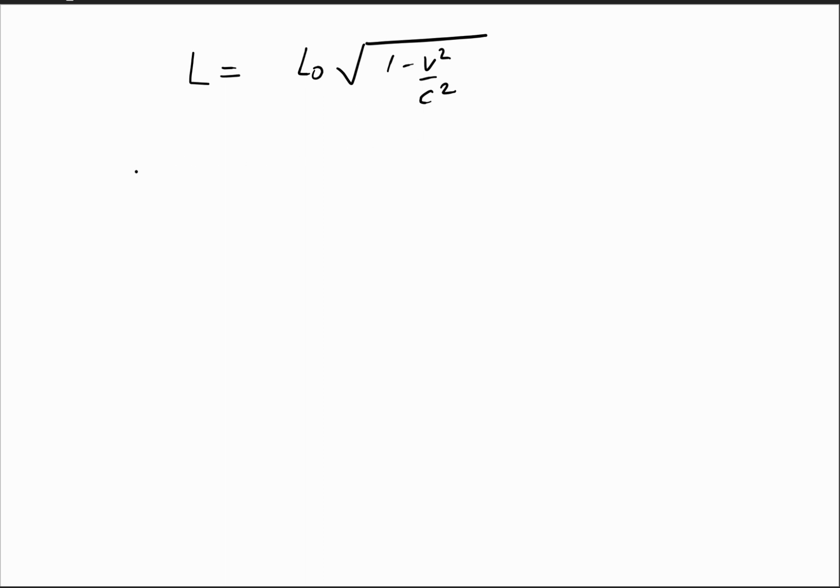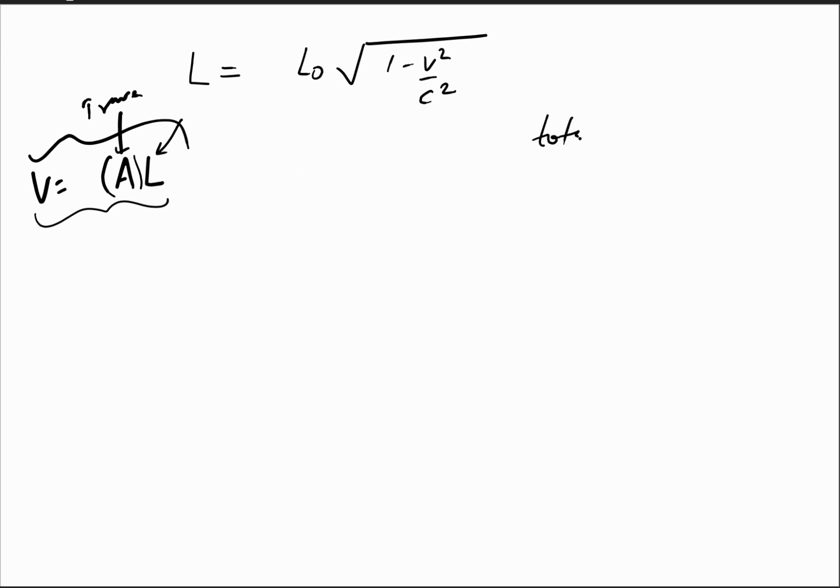So the volume given by V equals A L should change in the moving frame, because A should not change, being in the transverse direction to the motion, but L will change because of the motion. So the volume changes, but the total charge is an invariant quantity. That is, no matter from which